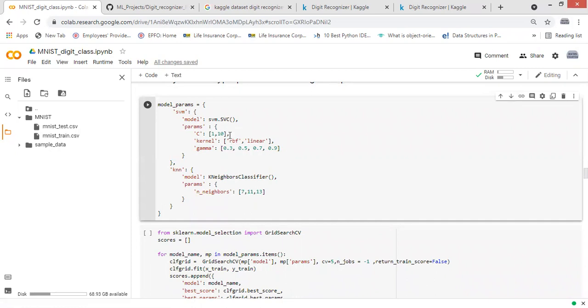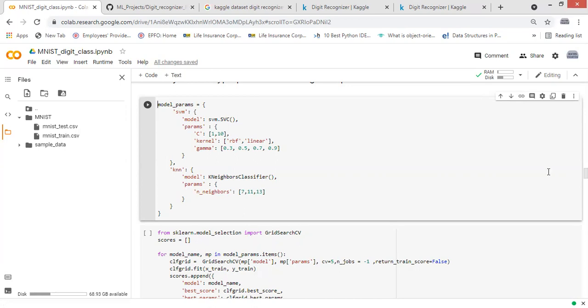Here I tried values from 1 to 10, very small values, and I also tried larger values with many parameters, but it was not executed. So I reduced the number of parameters, but still got no results; it was executing continuously for many hours.